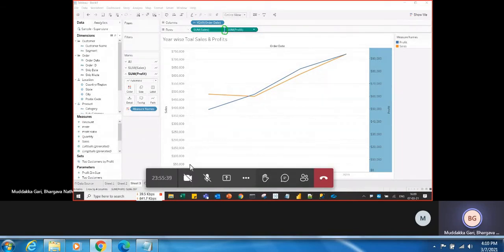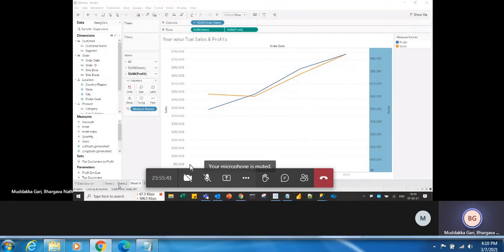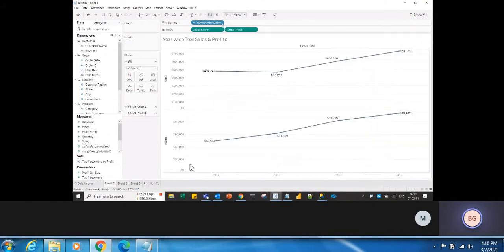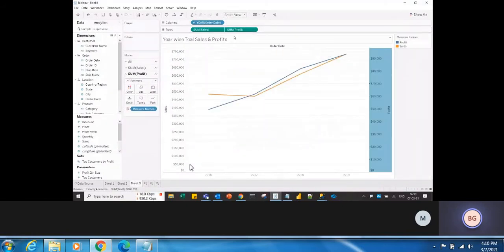Okay, so if you can observe that for blended axis, you won't find anything. If you observe that for individual axis, you will find rounded ended bars. Okay, so it doesn't have any merger kind of, but when you create the dual axis, the pills will get merged, sum of sales and sum of profits.